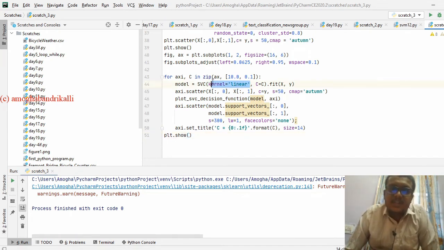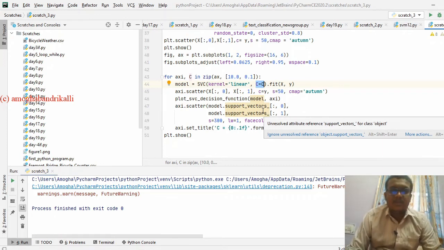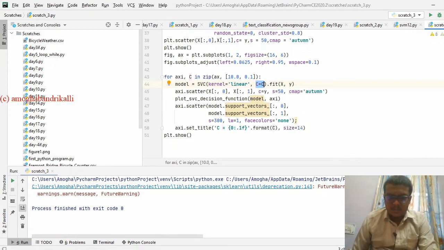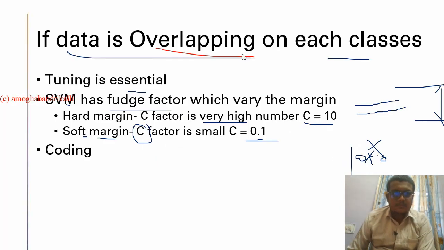The kernel is linear, but we are changing the parameter C, as the data is linearly separable but overlapped. So during this time we are going to tune the SVM by changing the parameter C. Tuning is essential.